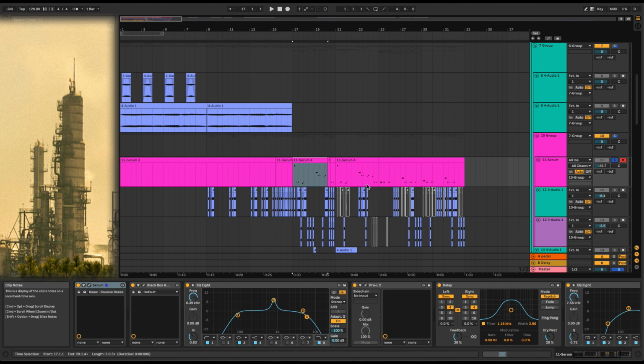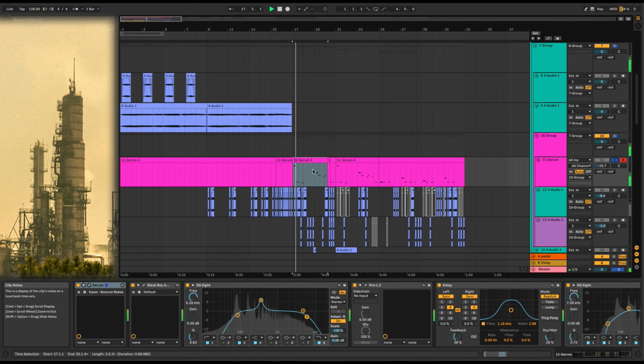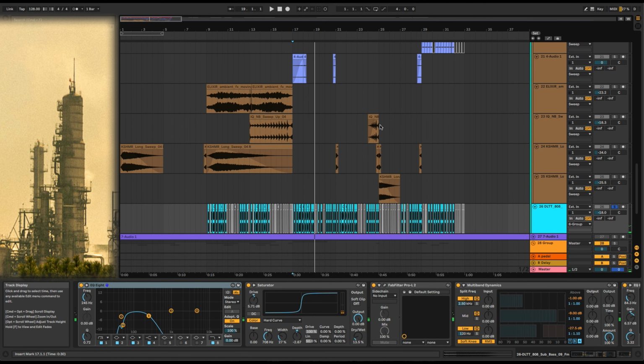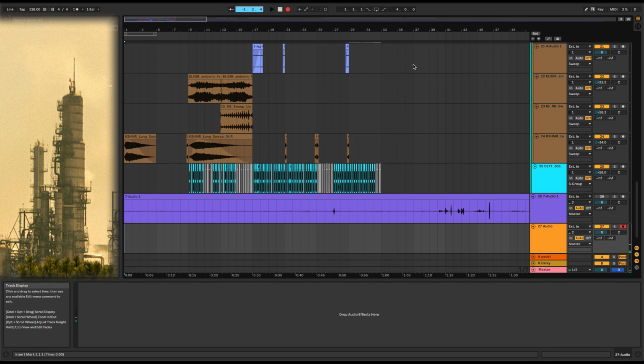And then here is our first bass layer, and our second low end layer, which is all the way down here for no good reason. Now that we have all that, let's record some quick vocals.